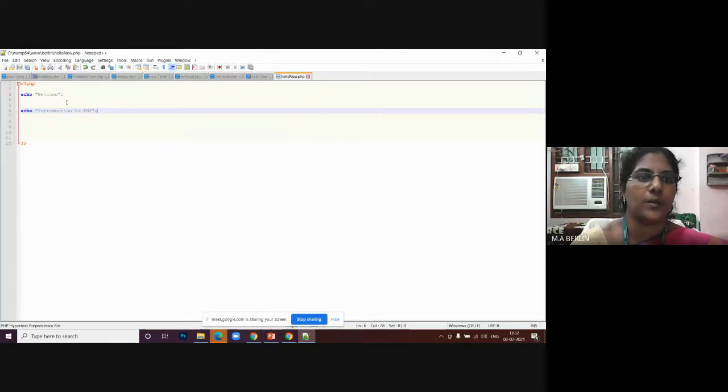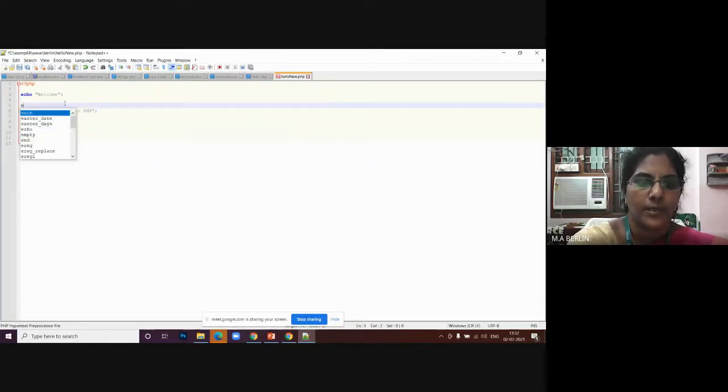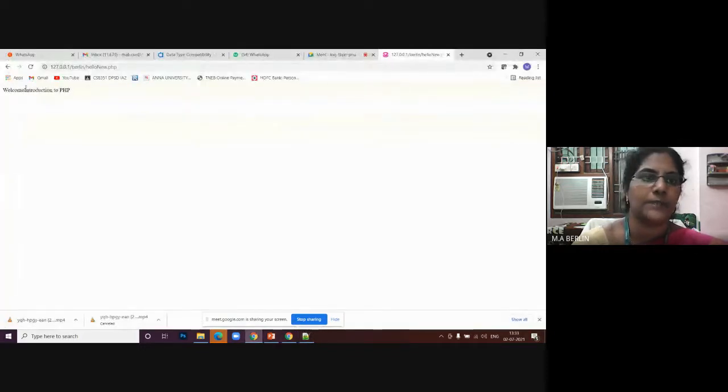Take Notepad, that PHP program. You have to introduce one break statement here. Within quotes, you need to give the break tag, BR. The tag needs to be given, and it should also end with a semicolon. This is a new statement. Save this. Is that clear? Now you go to the WAMP server and, as I told earlier, simply refresh. Yes, you got it in two lines. Is it clear now?